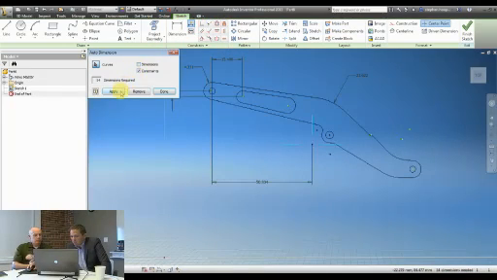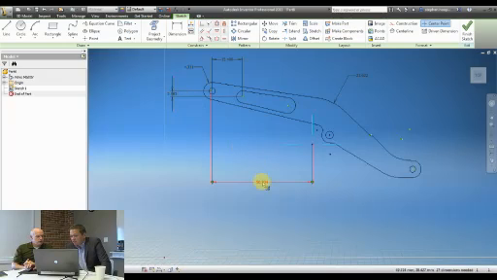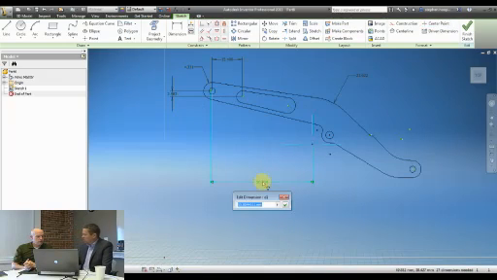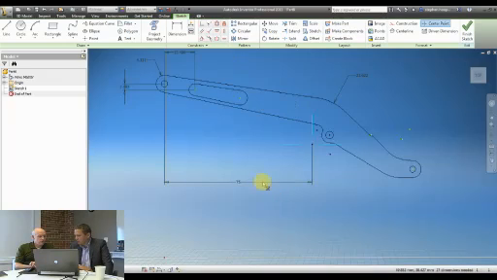So this is the beauty of working inside of Inventor, is that now the dimensions actually control the size of the geometry. So this is the dimension that came from AutoCAD, but we're now in Inventor. If I change it from its original size and round it up to 75, you can see that Inventor actually updates the geometry. The model itself grew. That's great. So it handles all of the associations necessary to...